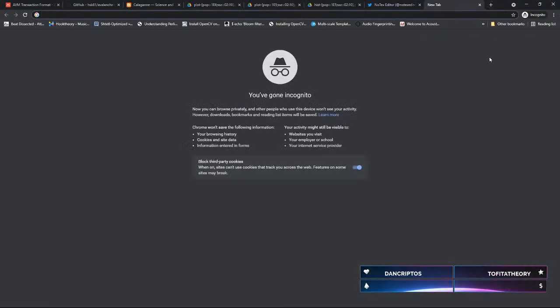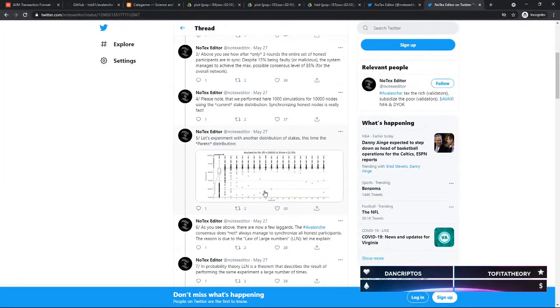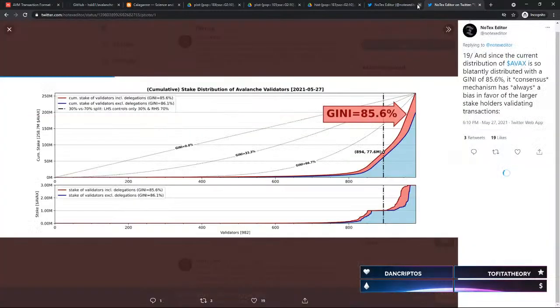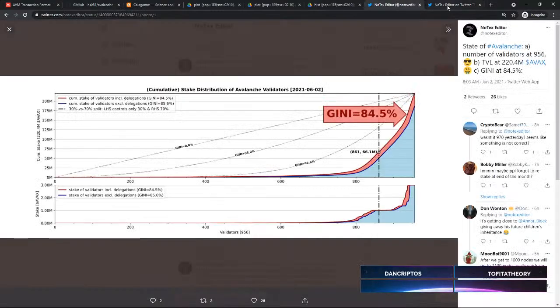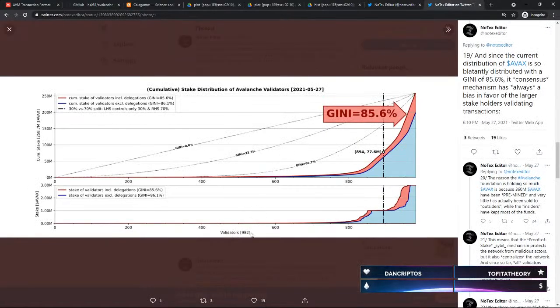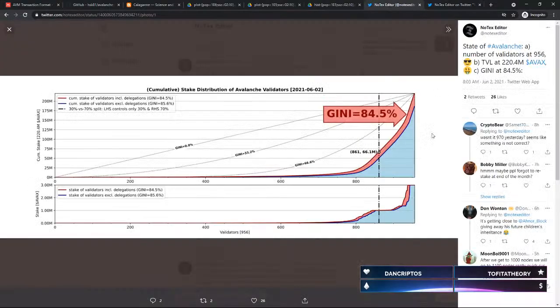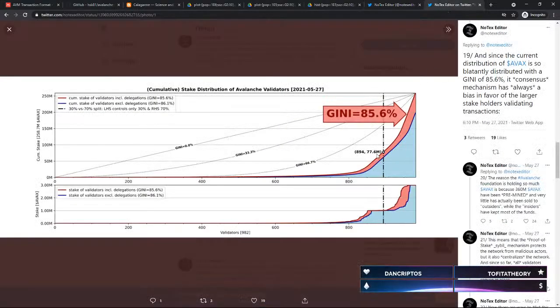Hold on one second. Let me compare these two. The old one that you have was 85.6. We were going towards more decentralization at a pretty hefty rate, in my opinion. But the validators have dropped to 956, so there are fewer validators. It's pretty clear that the pool on the right-hand side is deciding not to renew stake, and the pool on the left-hand side is deciding mostly to keep stake. Is that correct, or is that even true?